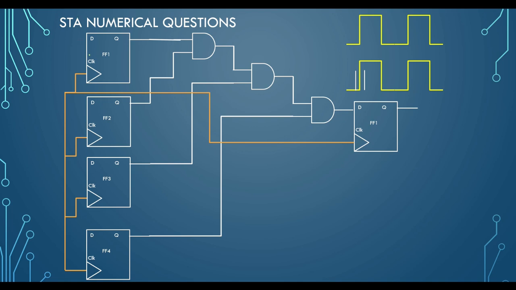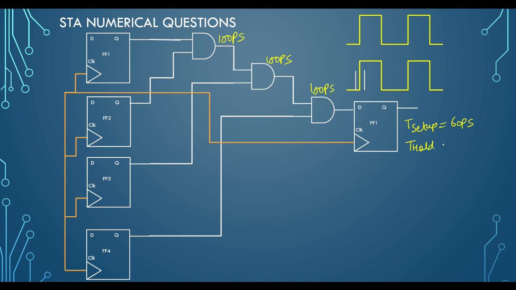Now here is the first problem, in which four flip-flops are on the launch side and they are all converging to a common capture point. There are three AND gates in between, and let us say each AND gate has a delay of 100 ps. Each flip-flop has a setup time of 60 ps. Let us assume all flip-flops have a setup time of 60 ps and a hold time of 20 ps.